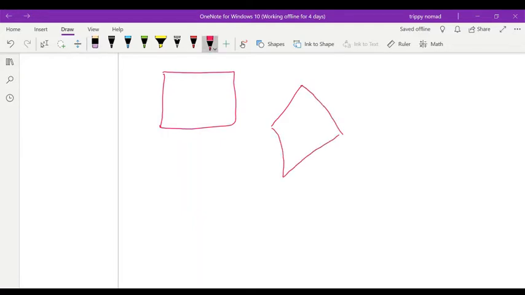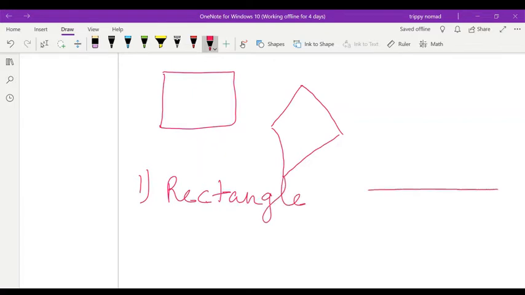Now, how many types of quadrilaterals have you learnt in this exercise? I am going to explain. First is the rectangle. Listen, children, its opposite sides are equal, having equal measure. This side is equal to this one. These two sides are opposite sides. These are equal. First, opposite sides are equal. Second, each angle is 90 degrees.